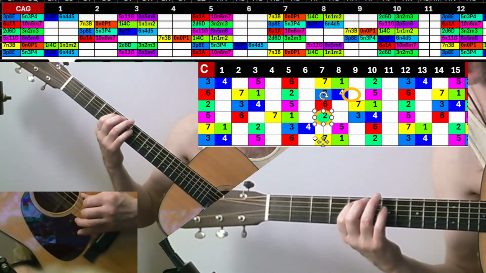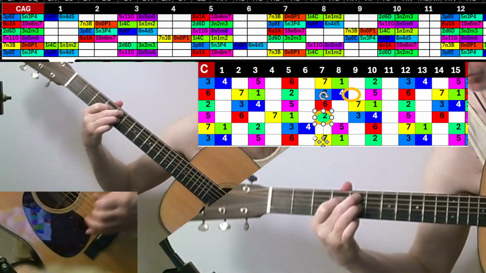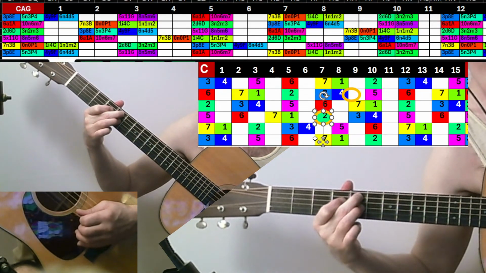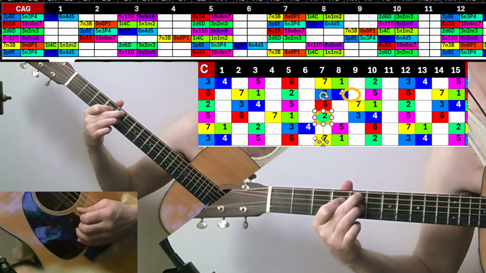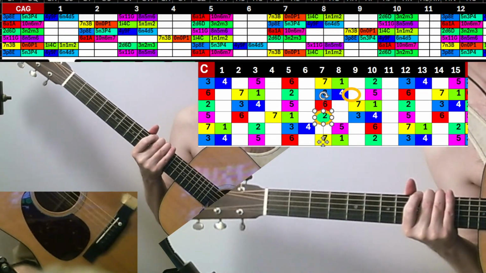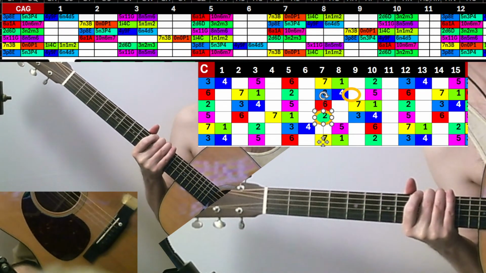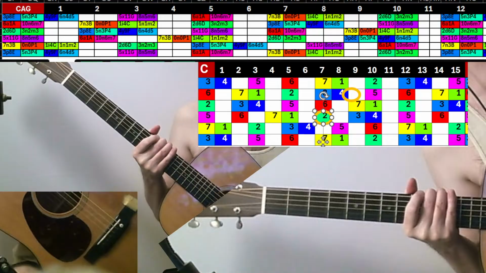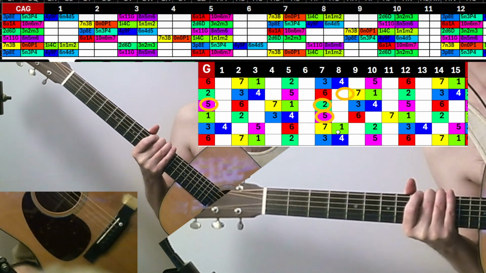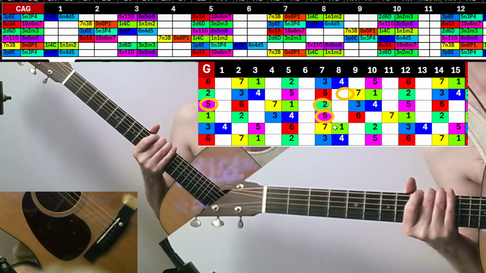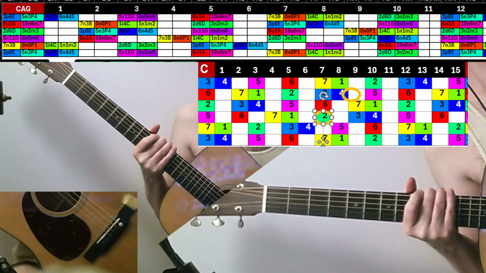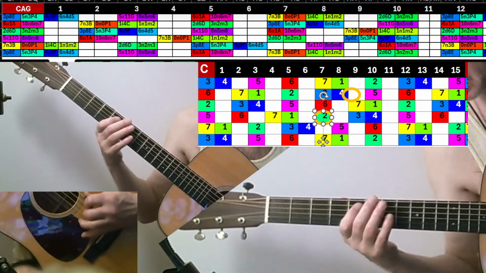So Dorian's a minor mode, and I think that's kind of a cool mix because it has a major 9 in it, which kind of fits into the Mixolydian. So I'm going to analyze it from this perspective and from this perspective, the same nodal point of a D as though it was D Mixolydian. So that 2 over here is the same note, a D, but now it's note number 5. I'm going to jump back and forth between those two, and hopefully at some point I will move from the D to